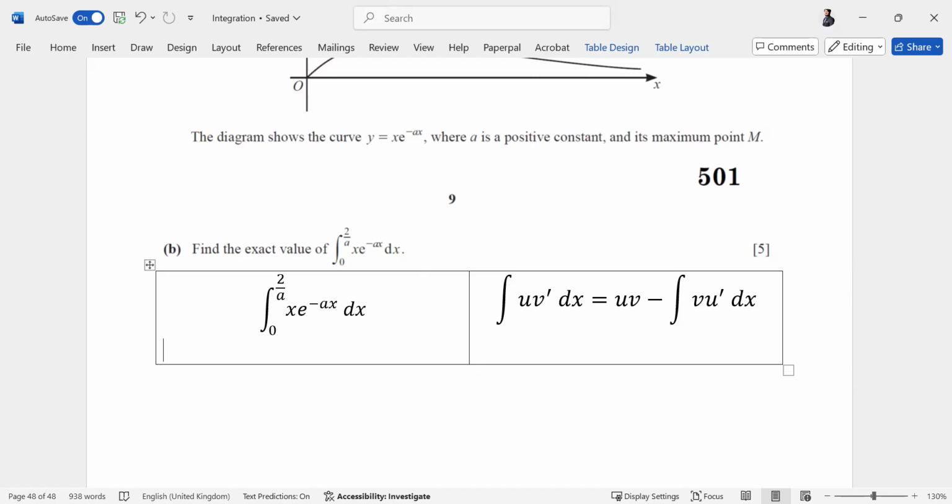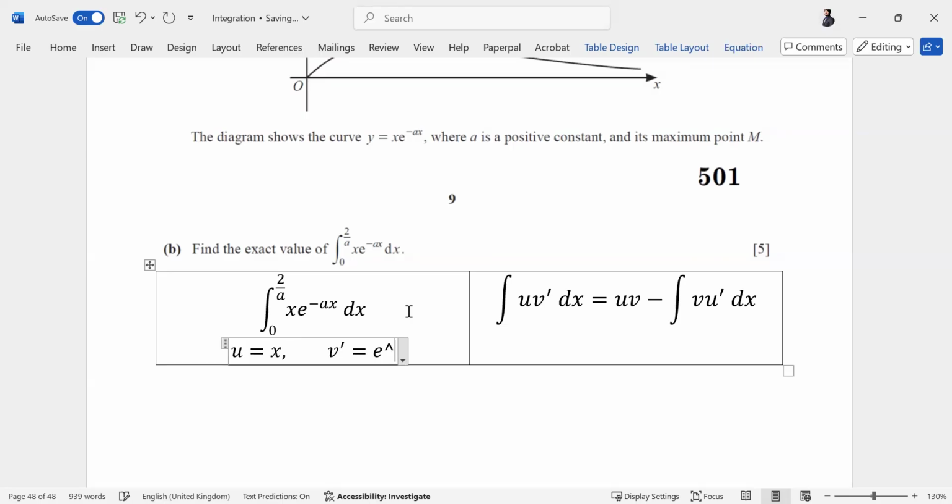Take your time. Do not be in a hurry. Jaldi sukun se jawab do. What's your U? What kind of functions do you have in this one? One is, what is X? What kind of a function is it? It's an algebraic function. E to the power minus ax is an exponential function. तो u किसको लेंगे? Algebraic, right? So your u is x and your v dash is